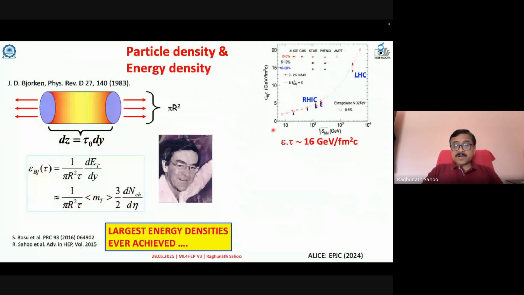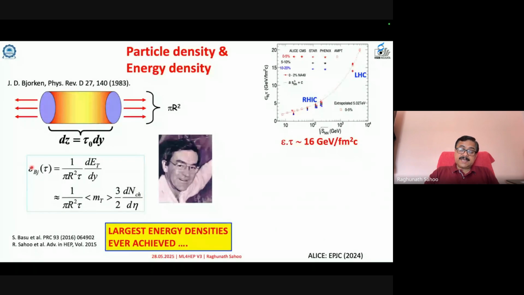Now, after convincing you that we created very high temperature, which is actually telling me this can melt the protons to produce a plasma of quarks and gluons, let me estimate from the particle density in the phase space the energy density. So this cannot be done directly. I have to rely on this seminal paper of Bjorken, written in 1983. So this essentially relies on a boost invariant hydrodynamic behavior at the mid rapidity, and the derived formula is